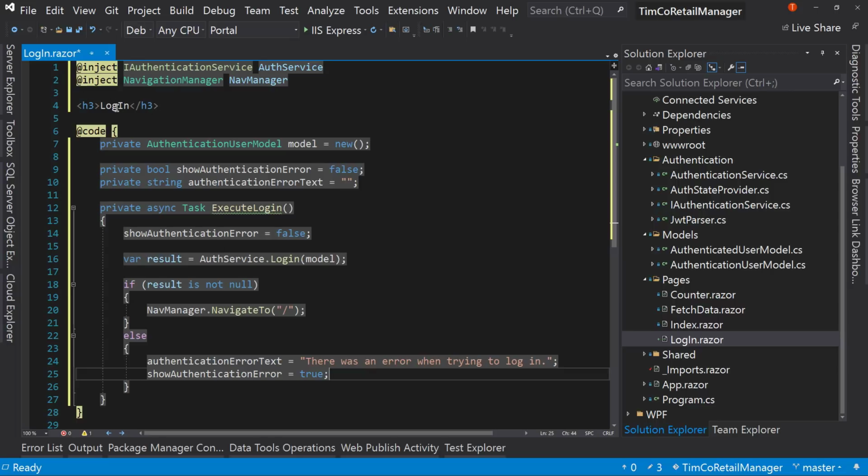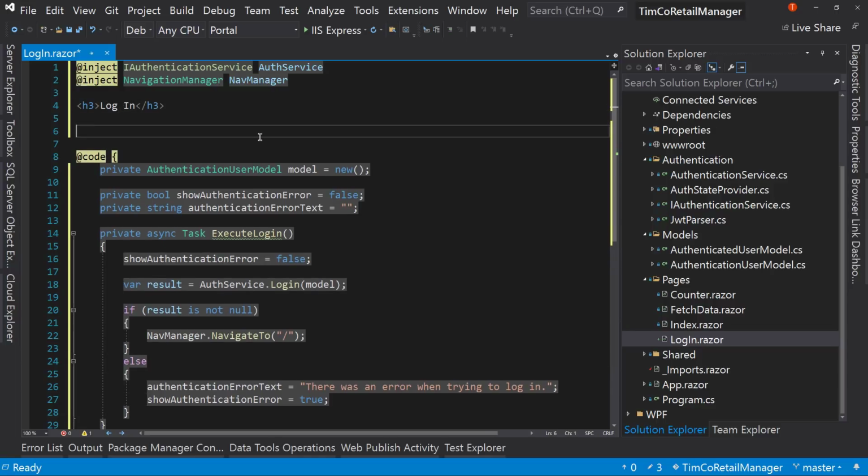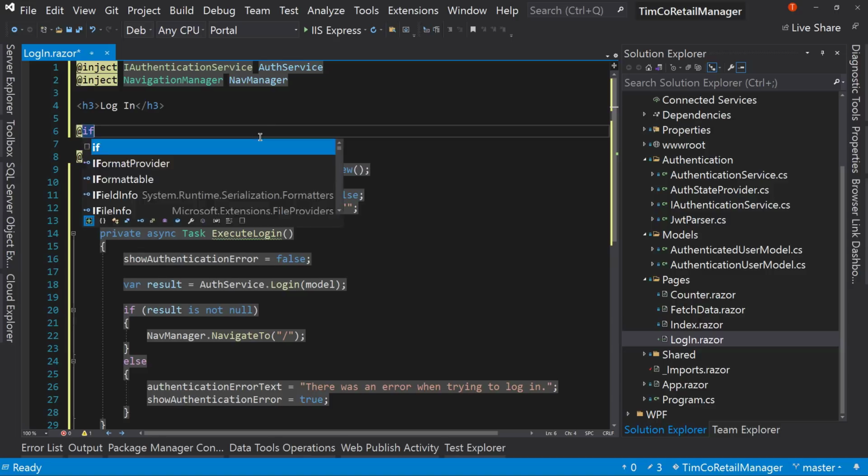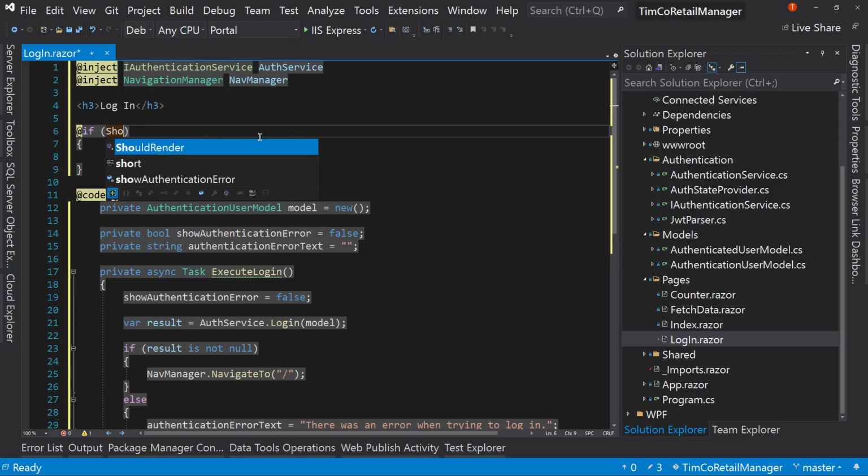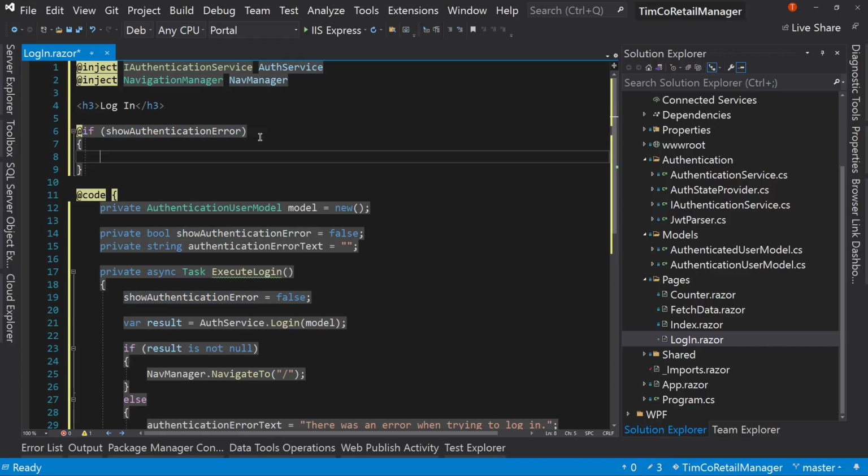We have our login. That's fine. Let's put a space there. Login as two words. And then we'll have our error message at the very top. If show authentication error is true, or just show authentication error, then what we'll do is we'll